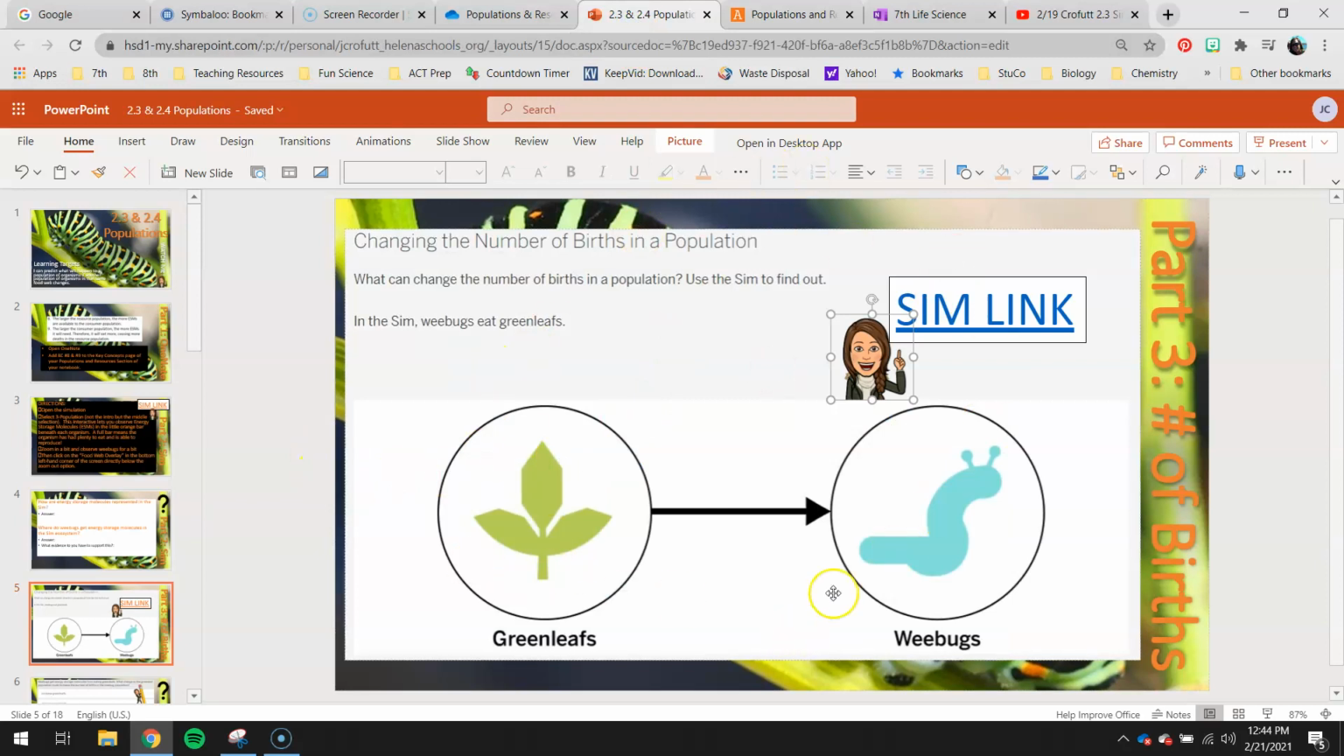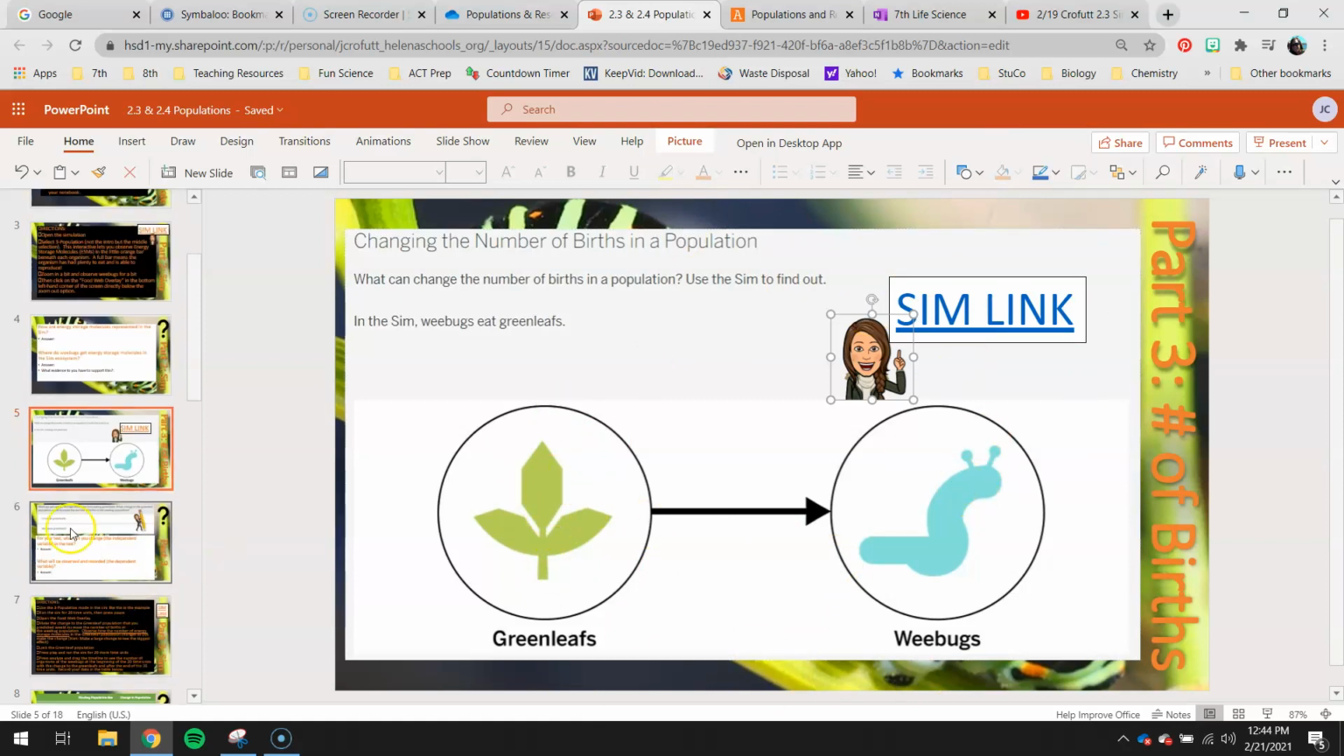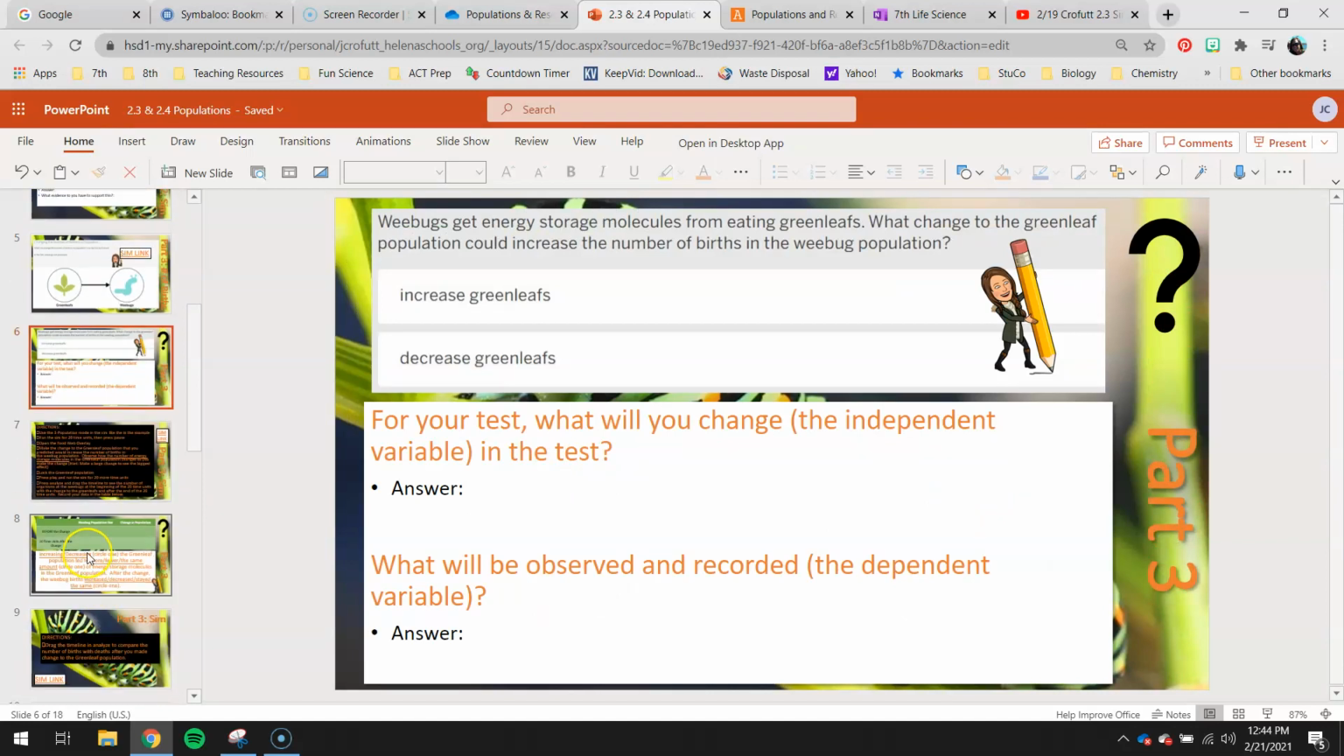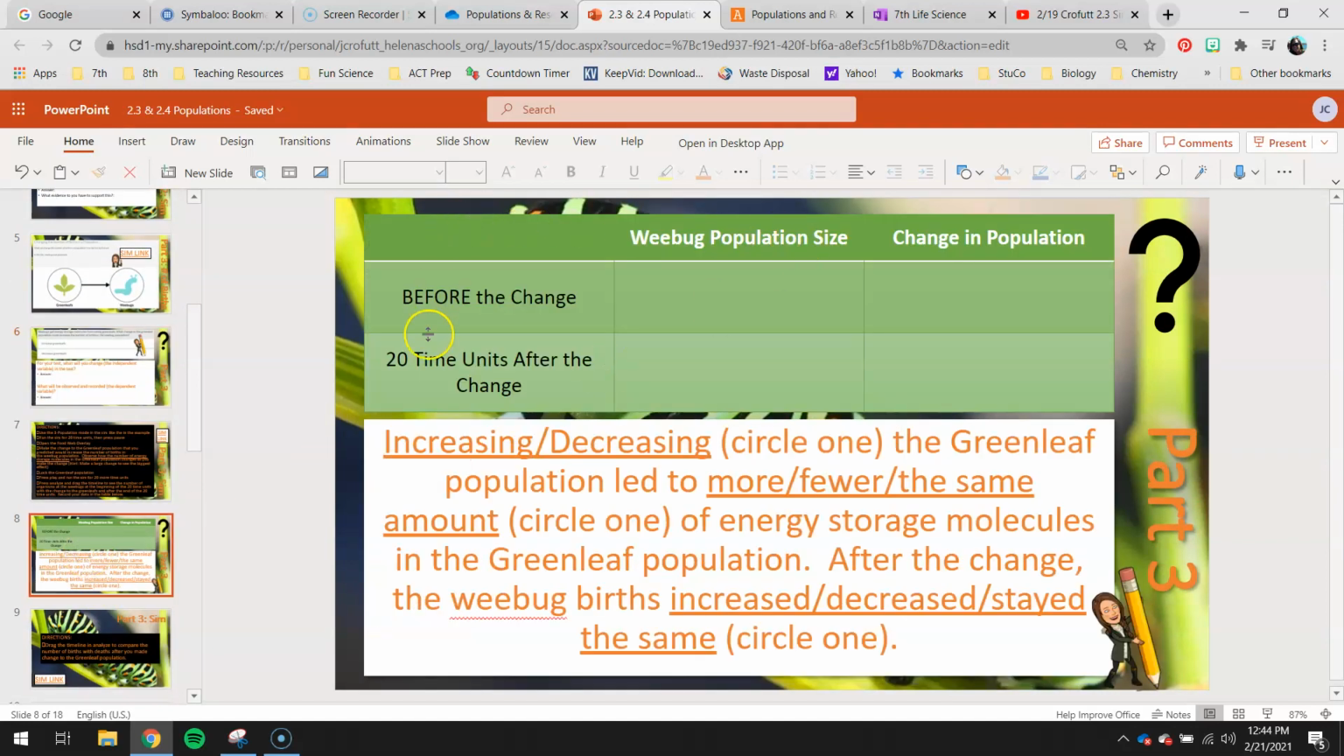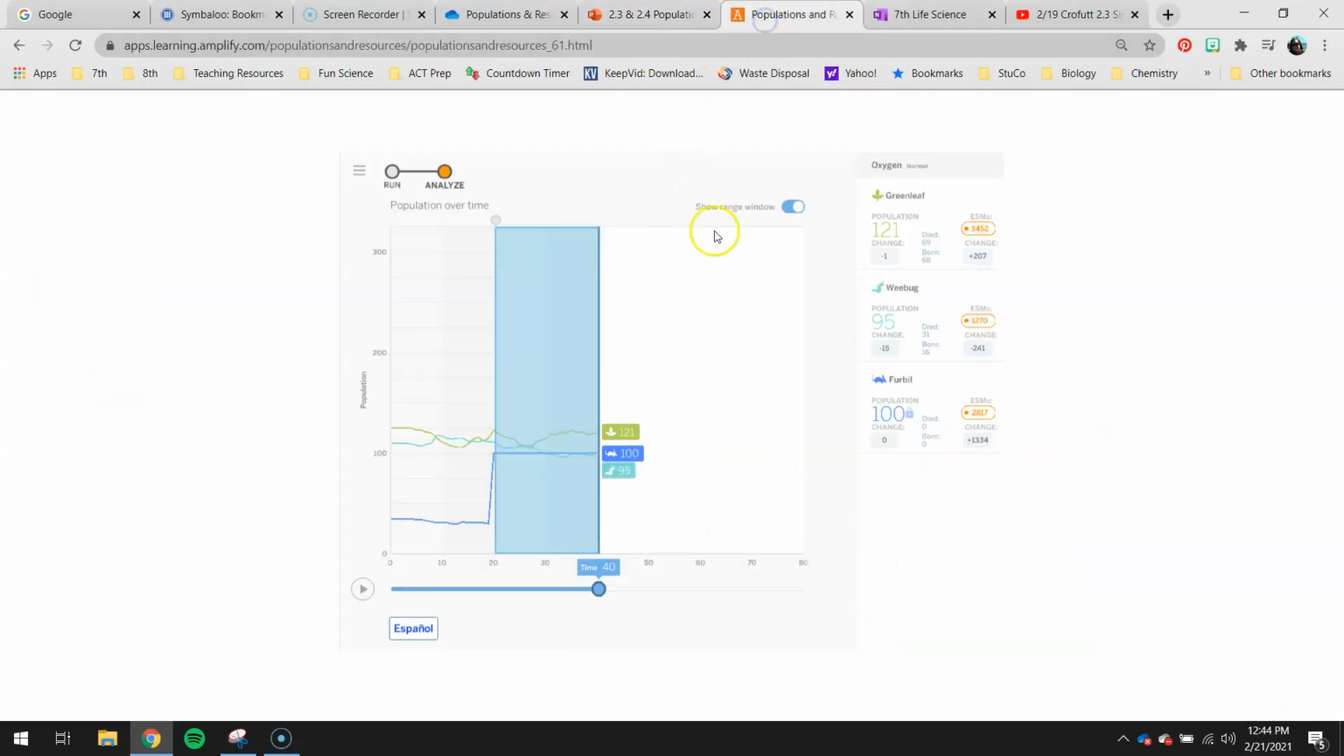this is going to be similar to what you guys do in this, except obviously I'm showing you 2 different populations. So when you guys do this, you're going to do green leaves and wee bugs. And then you guys are going to record some data here. You guys would look at, before our change, what was our population of wee bugs, and after our change, what's our population. So you guys can click and say, all right, after the 20 seconds of our change,